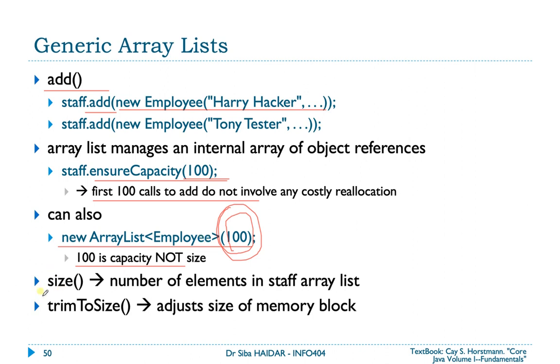So in order to know how many elements there are in the array list, you invoke the method size, and in order to trim the array to adjust its size to hold only the elements that are there, you use the trimToSize method. So let us look at the Java ArrayList